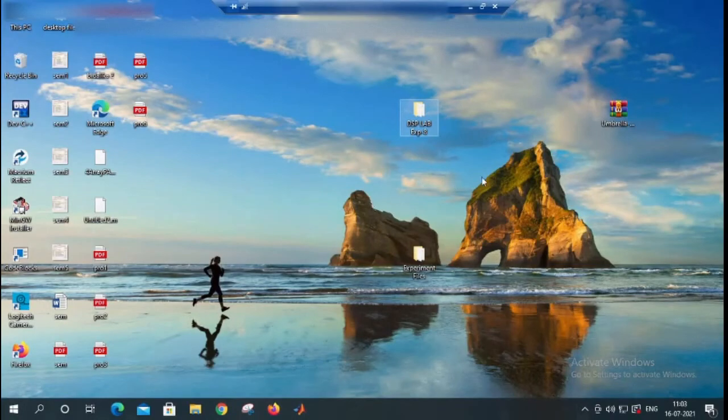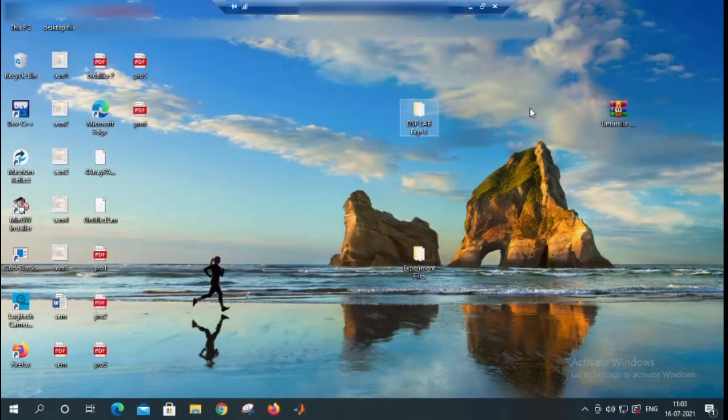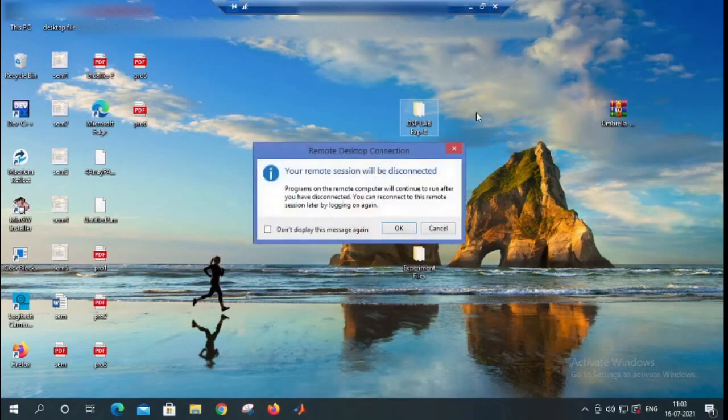Now let me open a file and show you. You can see I can open the file also. This is how we establish a connection over the VPN to a different system on a different network. Now, how to close this? To come out of this connection, I just have to go to the cross button and click it. The moment I click it, I get a pop-up like this. I need to click OK over here.